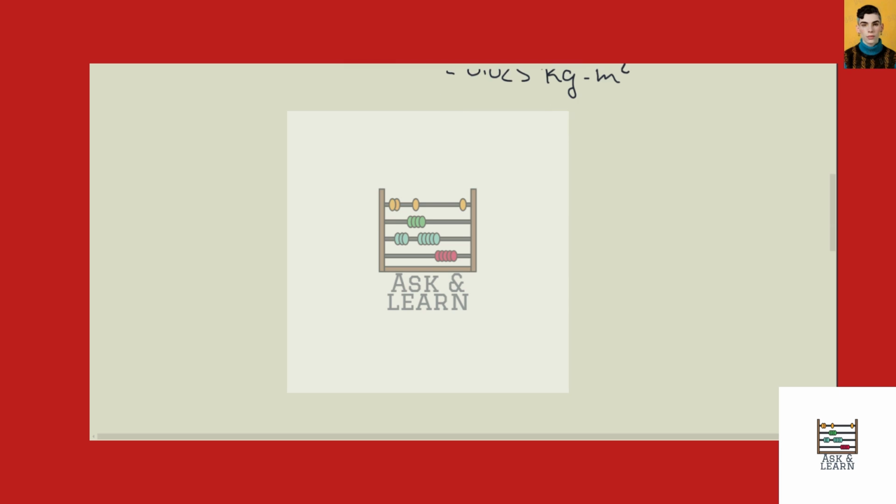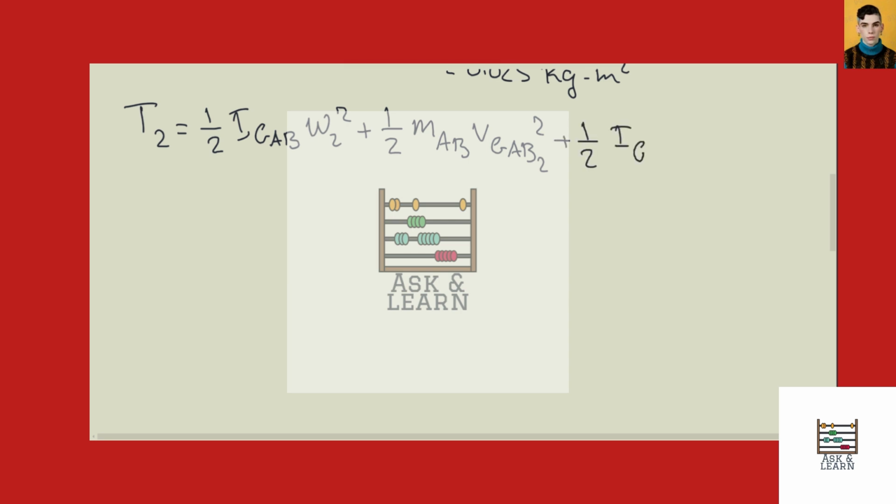For T2, which is equal half IGAB omega 2 square plus half MAB VGAB 2 square plus half IGC omega 2 square plus half MC VGC 2 square. If we substitute, we will have T2 equal